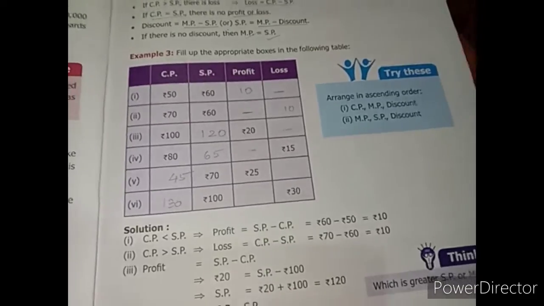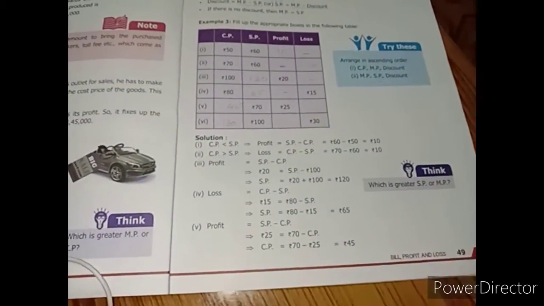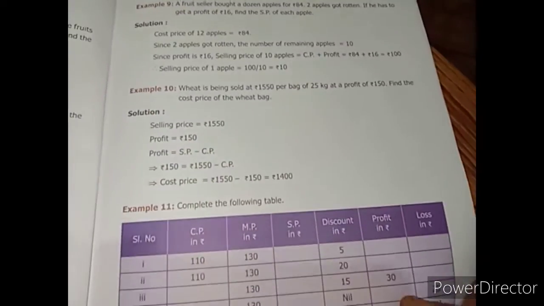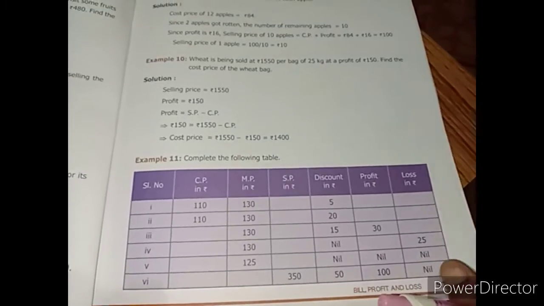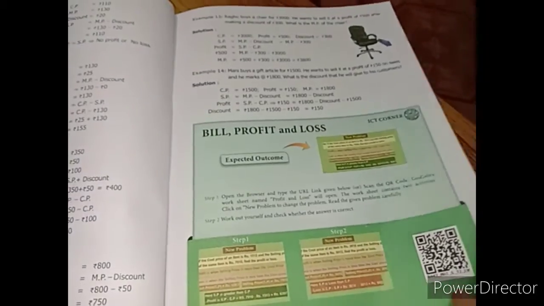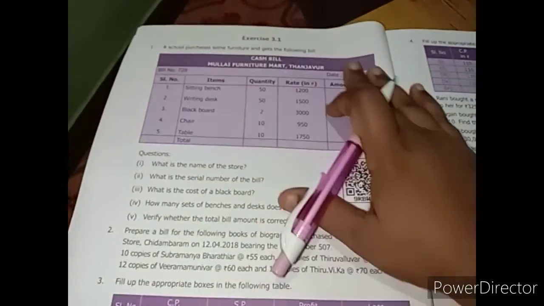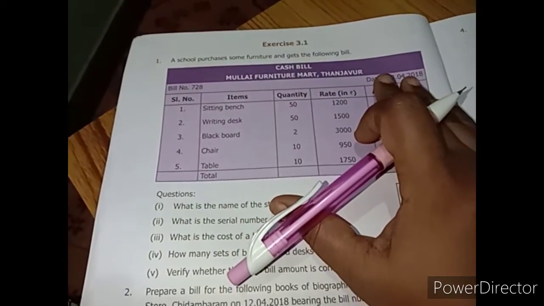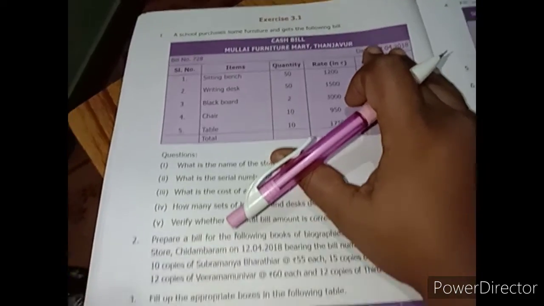Very simple. If you understand, it is going to be very, very simple. Next page. In the next page, they have given so many example sums which will be in the same format. If you read the question, it is going to be very, very simple for you. See, so many sums are given. So in the next video we will start exercise number 3.1 and we'll go on solving the sums in exercise 3.1.